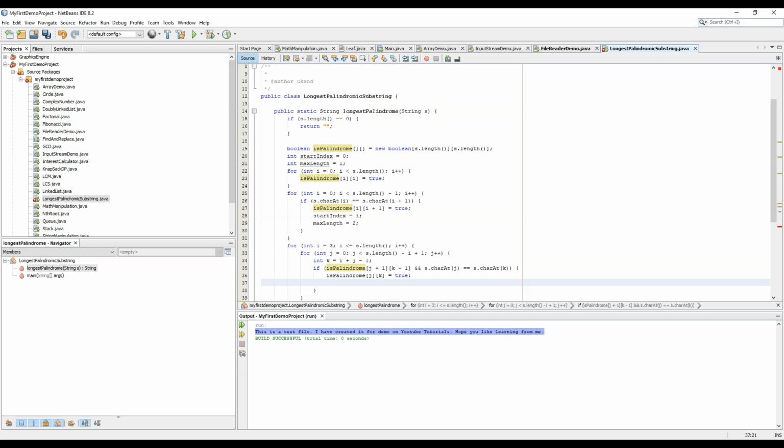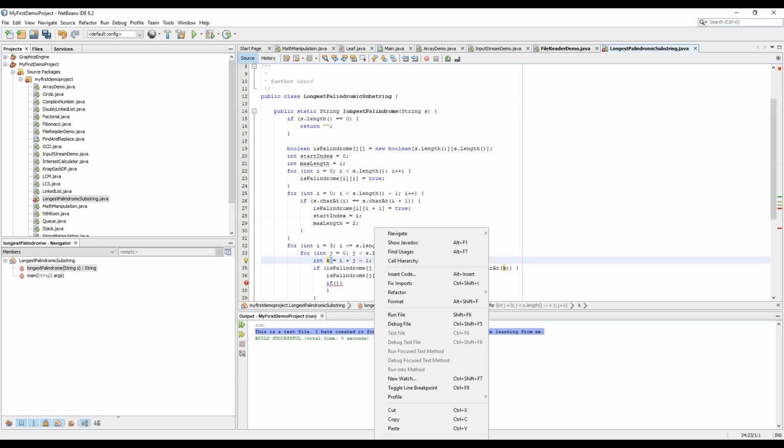And now we need to check for i, the length of the string is i now. So this denotes the length of the string, this denotes the iterations for the string, and this denotes the index. This is the first index, this is the second index, as we can see over here.